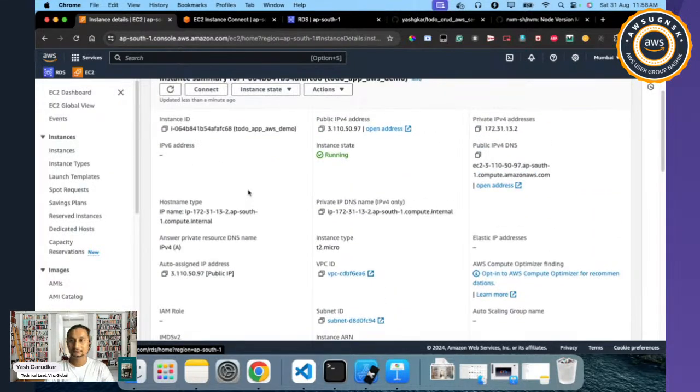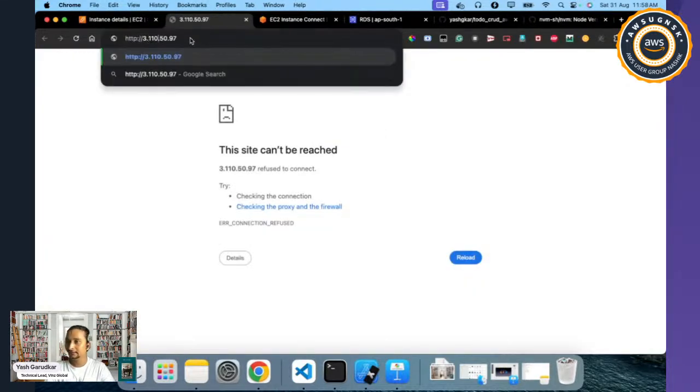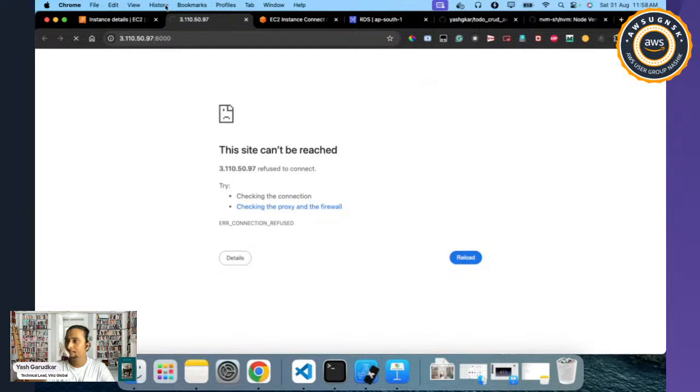By the way, our instance is up now. So let's try to open our public IPv4 address. It is going to blow up, but let's see if we can access it over the 8000 port. Sorry. Hmm,